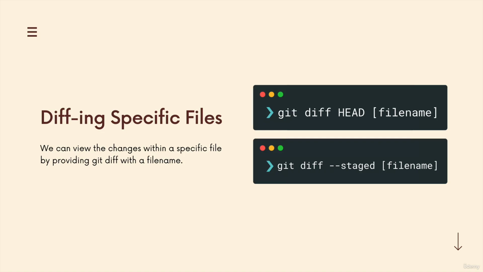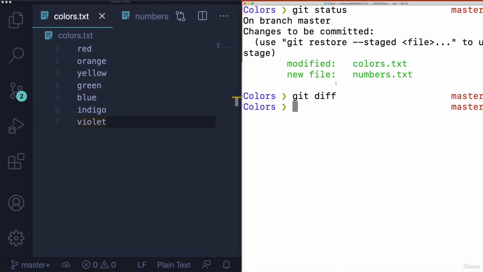Another thing we can do is narrow down the diff to a specific file or files. So instead of just everything, all unstaged changes or all staged changes or all changes since HEAD, whatever we're actually looking at, we can narrow it down and say only in this one file. So currently, we don't have a lot going on here that we would want to narrow down, but if I do git